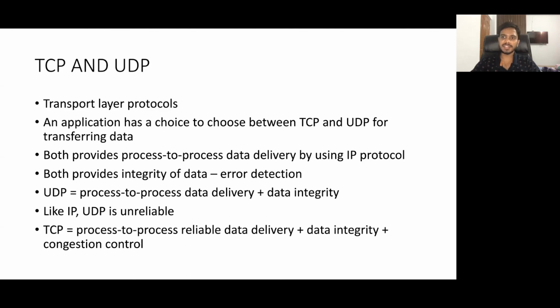So congestion control is basically like, sometimes what can happen is the overall network can become very congested, like the routers which are there in the network can become very congested. In that case, what TCP can do is, let's say I'm sending some data from my system in the public network, it will slow down my rate. Depending on how the congestion is there in the network, it will adjust my rate of sending packets from my system. So TCP also does that.